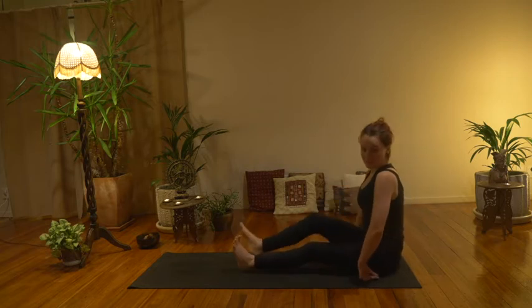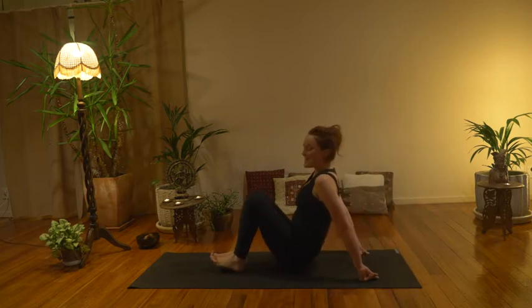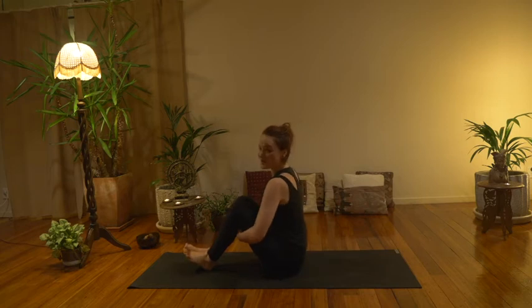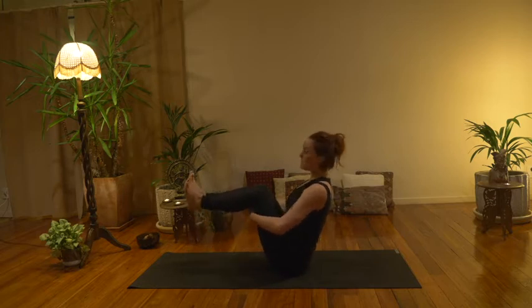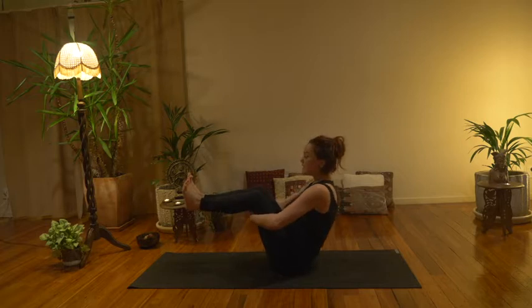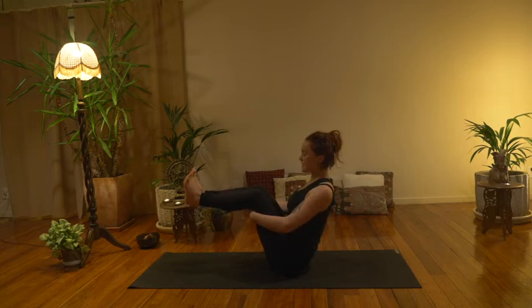And we're going to start our day nice and brave with a boat pose. So we're just getting right to it, warming up the core, creating some heat in the body. So we'll lift the shins up parallel with the floor and really lift up the chest so that you can lengthen out the spine, roll the shoulders back, keep them in line with the chest, draw in and up through the navel, activate your bandhas, drawing in through Mula Bandha, flexing the feet, finding some stability here,